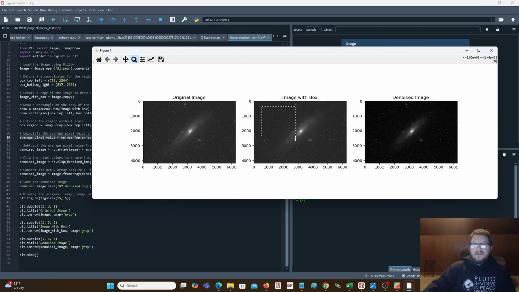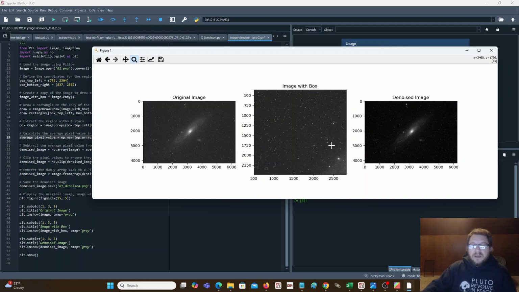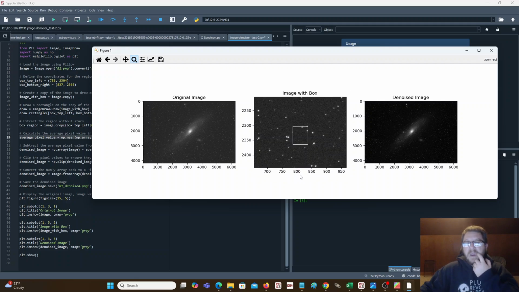Well, let's just come up here. It's going to be really, really small, but you can see the values here. And if you look really closely, you can see it right down here. Okay, so we can inspect this box. And this box actually has a couple of stars in it. So I actually want to change